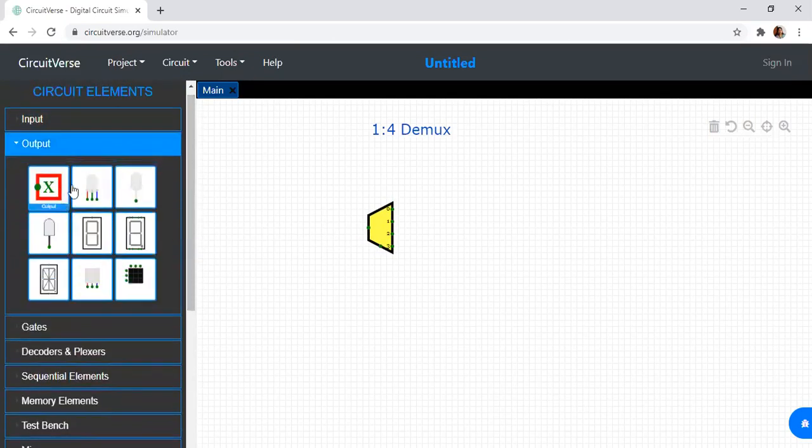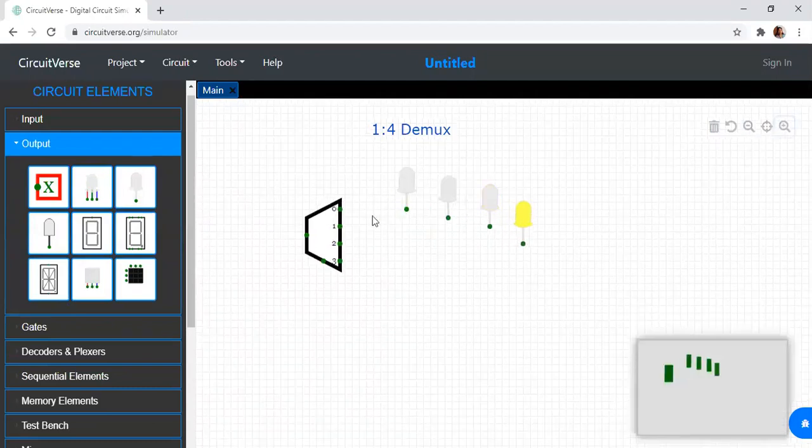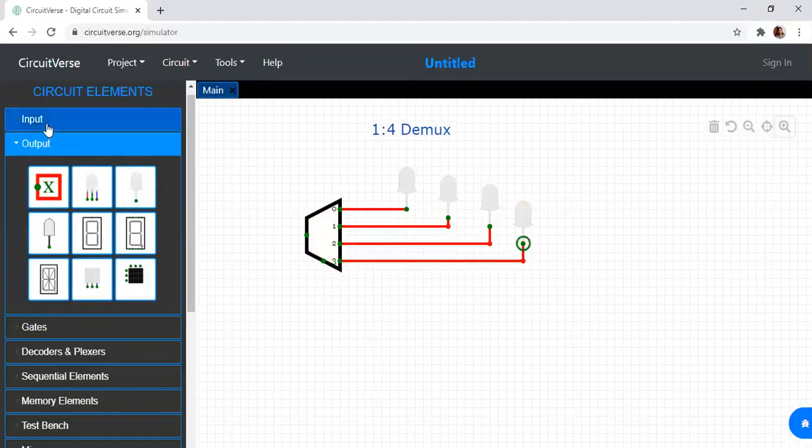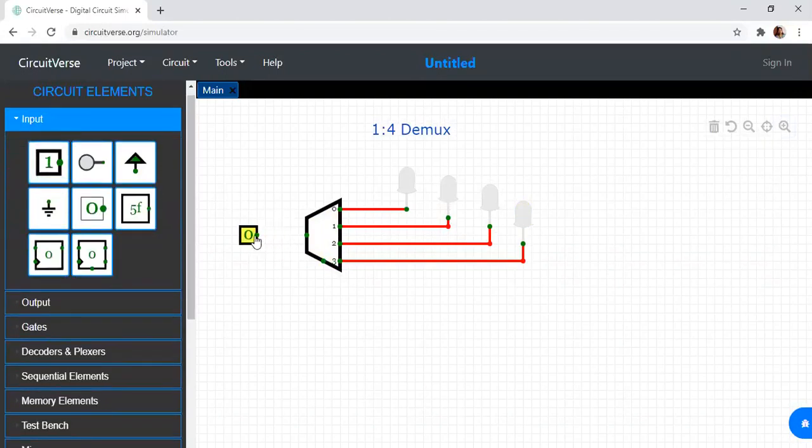So let us write the outputs first. This will be Y0. This will be Y1. Next I have Y2, and next I'll be having Y3. There will be only one input, which is D. D can take the value either 0 or 1. Now this is a single bit that I'm taking. D is 1 bit. D can also be multiple bits. In that case, your output should also be of multiple-bit size.